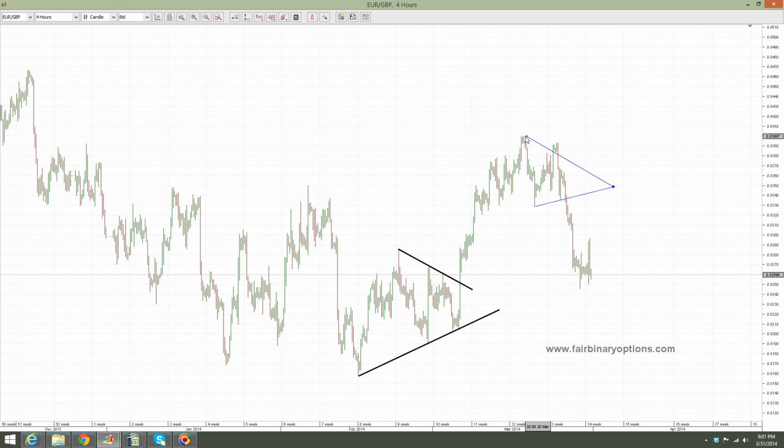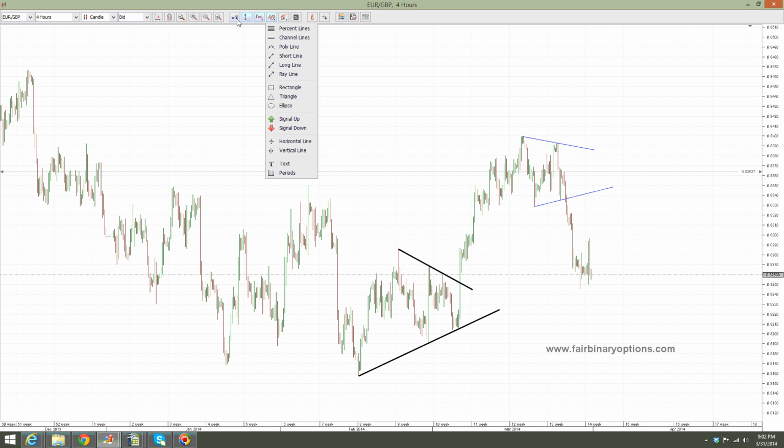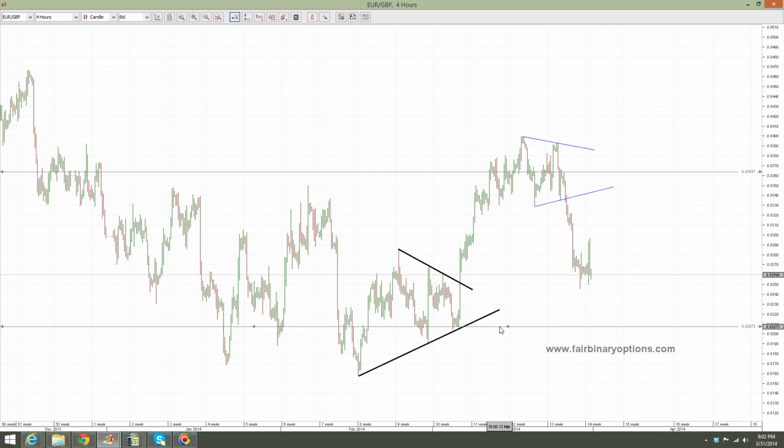And therefore, if you were to put some Fibonacci ratios there, or if you were to look at possible distance between different legs of a potential triangle, then this should be calculated from these highs to these lows, or from these lows to these highs, regardless how you want to put it. So what you see here is a contracting triangle, and if you project this trend line here,